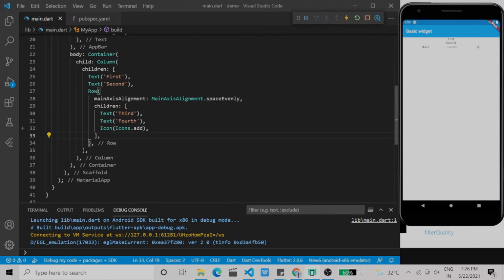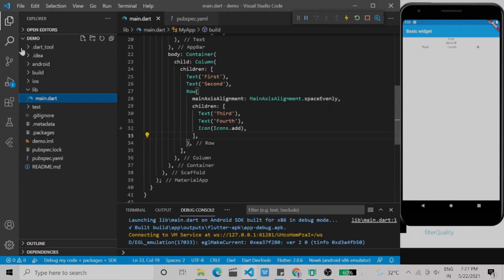Let's see how you can create an image widget and how we can show our image in the UI. In order to showcase your image, we can do it in two ways. Either you can show that image from your network, wherever you have hosted your image or kept any image on your server. Otherwise, you can show your image which is available in your project as an asset. So in this example, we will see how we can show an image which is available in our project itself.